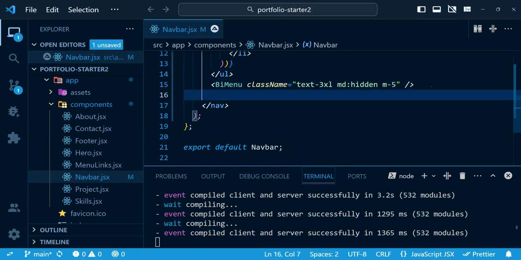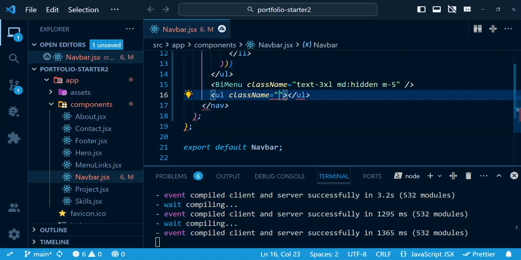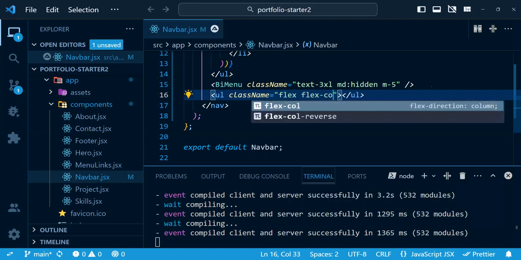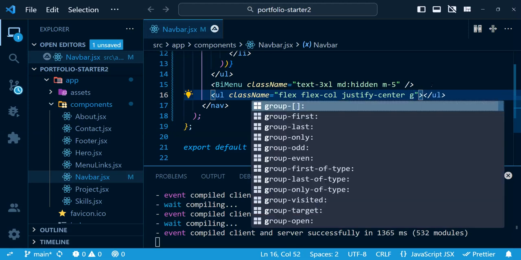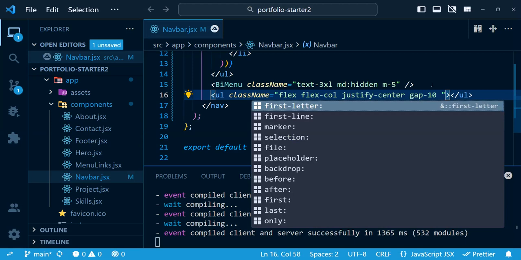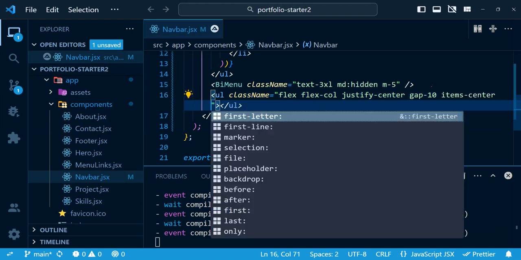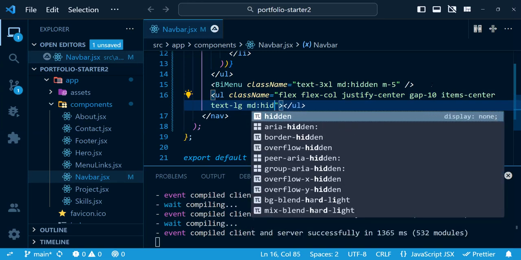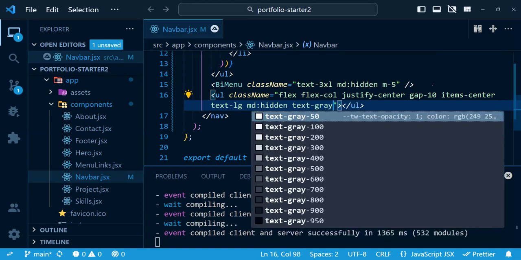So below this you need to create another UL element, and let's give a class name to this UL element, and let's give a flex, and flex colon justify center, gap 10, item center, text large. On the mid screen it will be hidden, the whole box element which contains all the elements will be hidden, and the text will be gray 900,